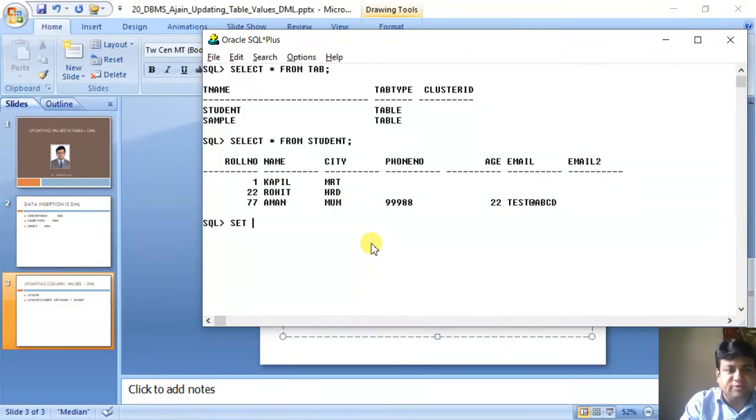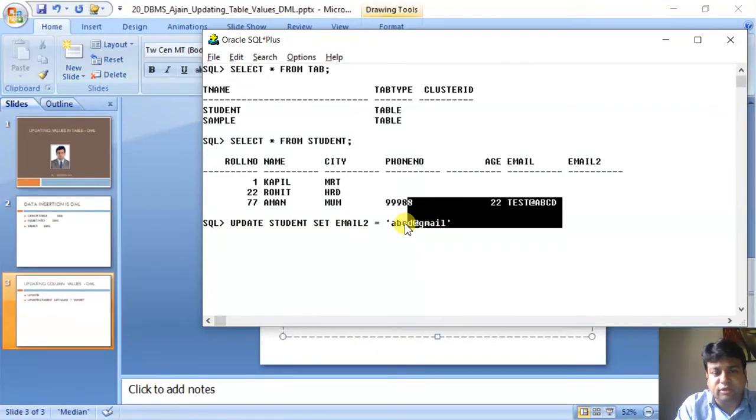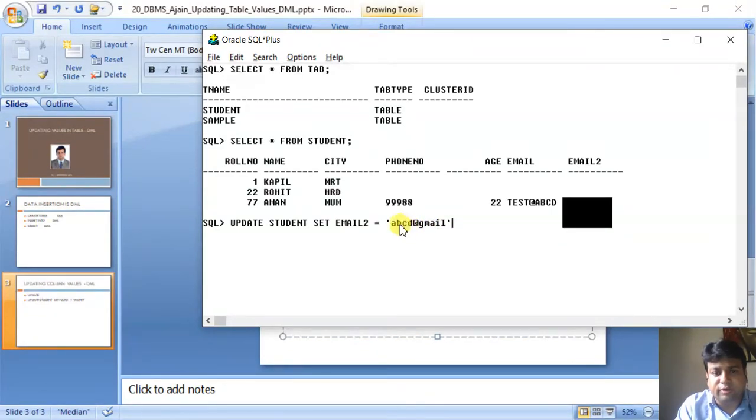I type update student set email equals to, let us say anything, abcd@gmail.com. Since the size is small, it will not allow us to change gmail.com, so I have to type only this.